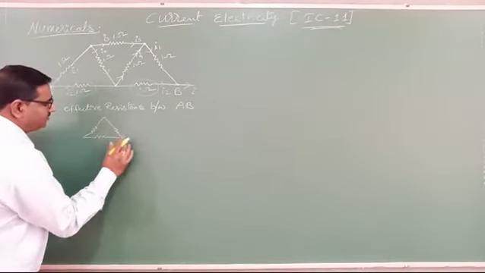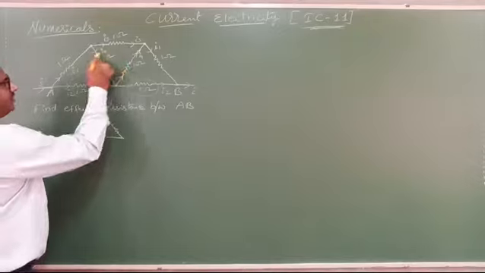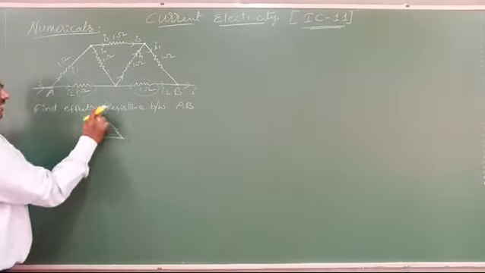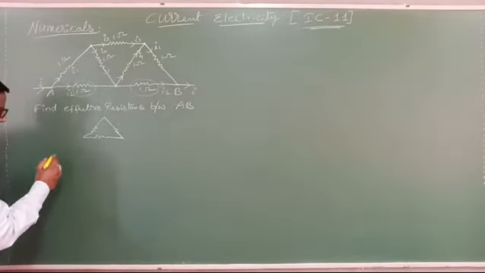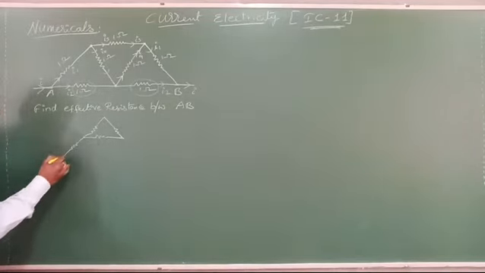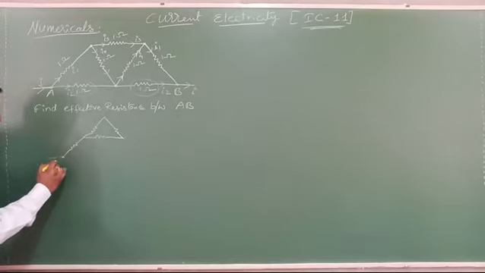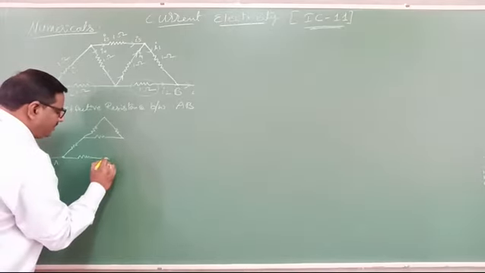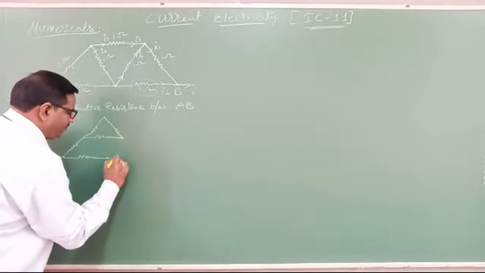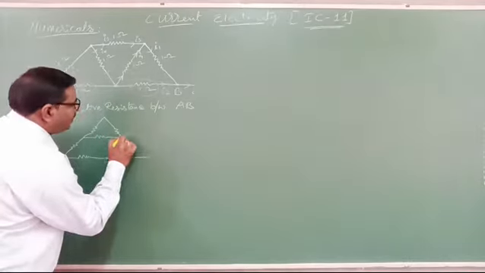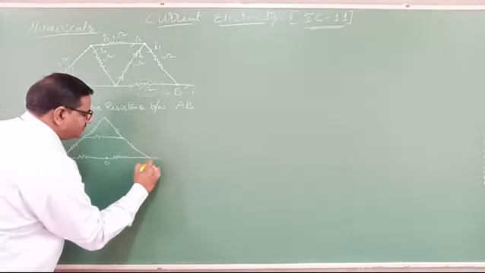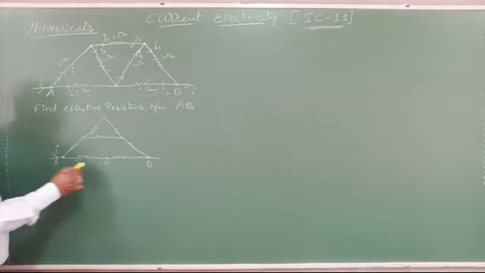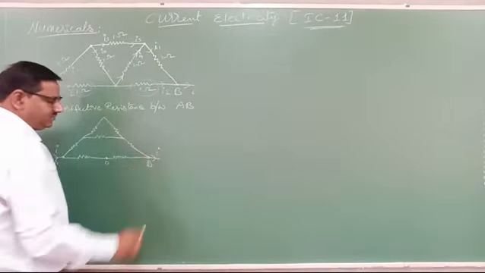Observe that. Here we have this triangle shape, which I want to place from here to here, with the remaining circuit as usual. Clear? Now this is point A. From point A we have one resistor, in the middle here is point O, and here one more resistor to B, and here it comes like this. This point will be B. Here current enters at junction A and leaves at junction B.